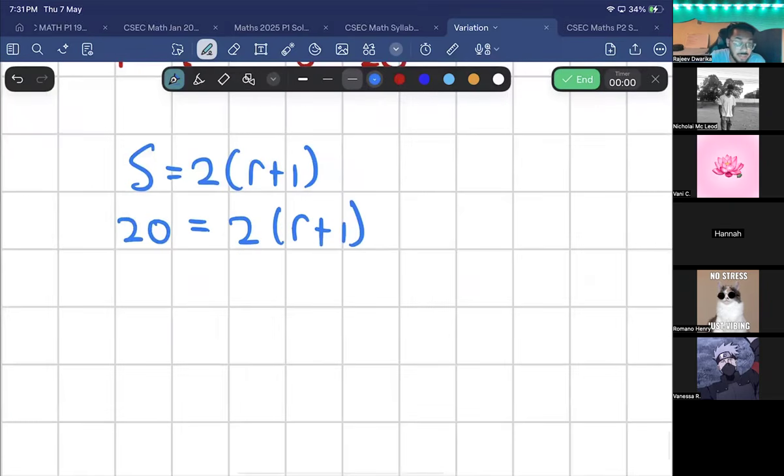So there are two ways you could work this out. You could expand brackets, or you could divide throughout by 2. Hannah, what would you have done? Expand the brackets and solve for R, or just divide throughout by 2? Divide throughout by 2. Okay. If I divide throughout by 2,